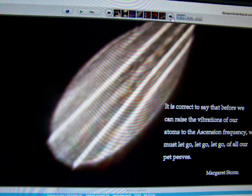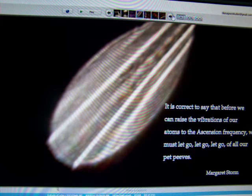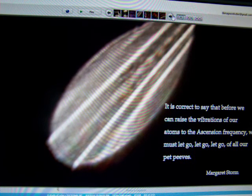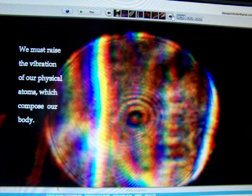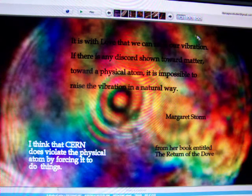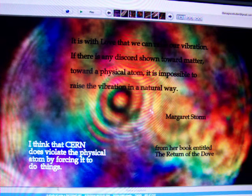It is correct to say that before we can raise the vibrations of our atoms to the ascension frequency, we must let go of all our pet peeves. We must raise the vibration of our physical atoms which compose our body. It is with love that we can raise our vibration. If there's any discord shown toward matter, toward a physical atom, it is impossible to raise the vibration in a